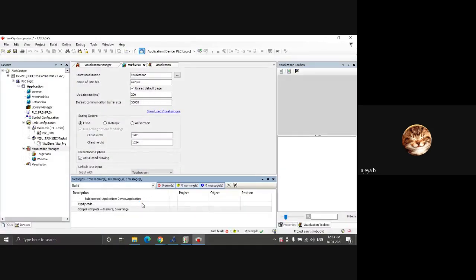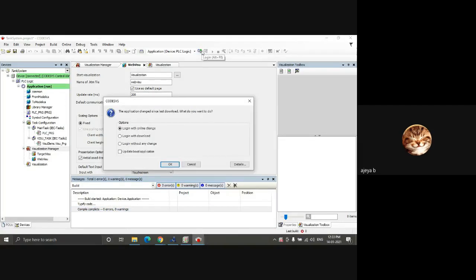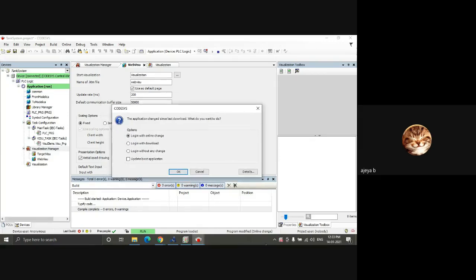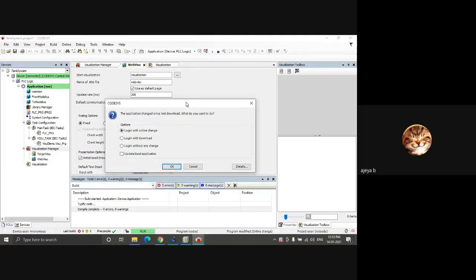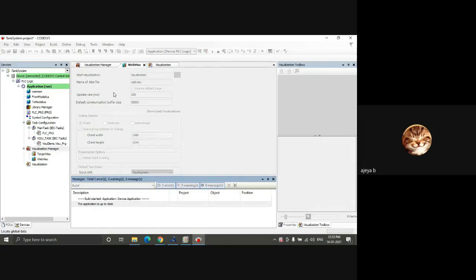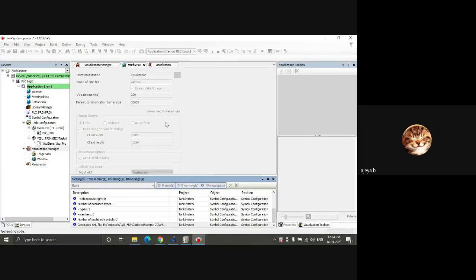So when you're dumping to PLC, if there are online changes, that is, it was running before and there was no big change, as in, I didn't change the control logic as such, I just changed the small features of the screens, so it can be an online change. So what you do is log in with download. So PLC was running before. It won't put all the code from scratch. It will put only whatever parts you have changed. That is what is meant by online change. So it will be much faster.